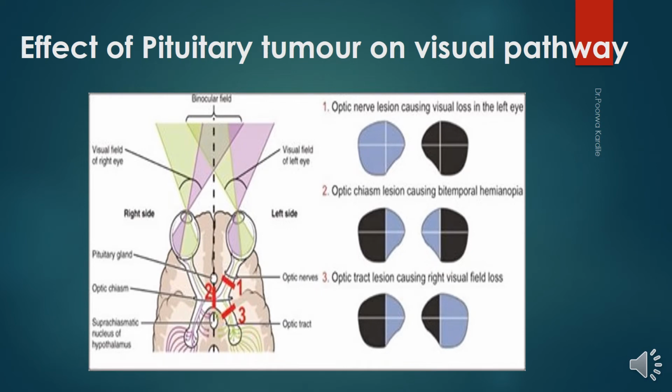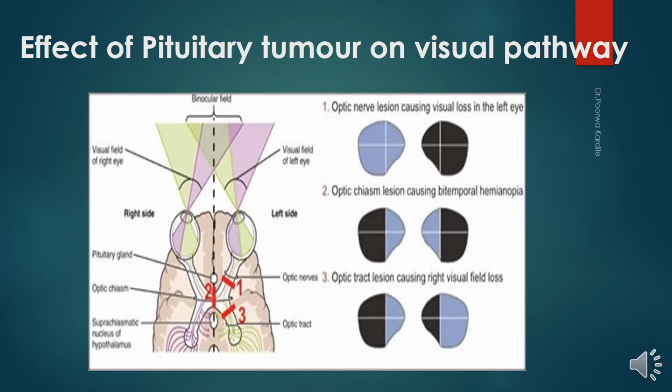In this slide we will see the effect of pituitary tumors on the visual pathway. So the pressure applied by a pituitary tumor mostly involves the optic chiasma, then the optic nerve and optic tract before affecting the cranial nerves. Pressure of pituitary tumor on the central part of the optic chiasma typically causes bitemporal hemianopia. If there is compression of the optic nerve, it causes double vision, or there may be loss of vision and drooping